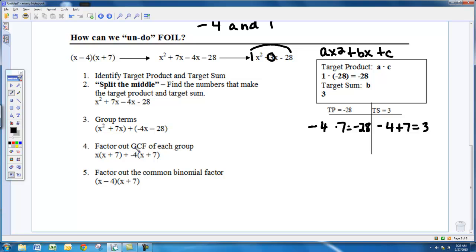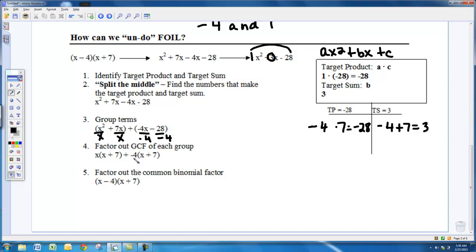And now we're going to factor out the GCF of each group. The only thing these two have in common is an x, so we'll bring that out front. The only thing that these two have in common is a -4. Since they are both negative, I'm going to go ahead and factor out a negative. So now we are going to divide each of these by x because that's the GCF, and that gives us x plus 7. We're going to divide each of these by the GCF, and that gives us